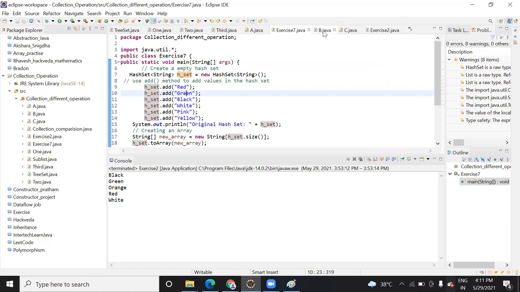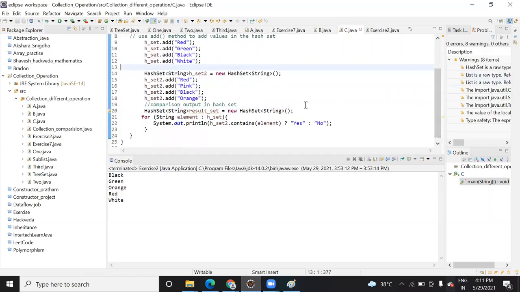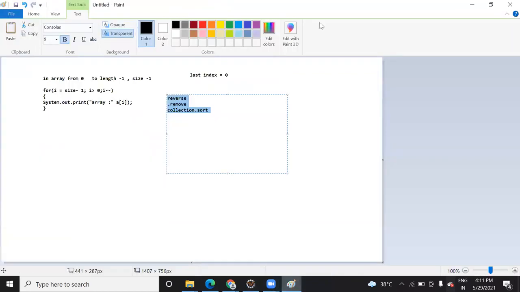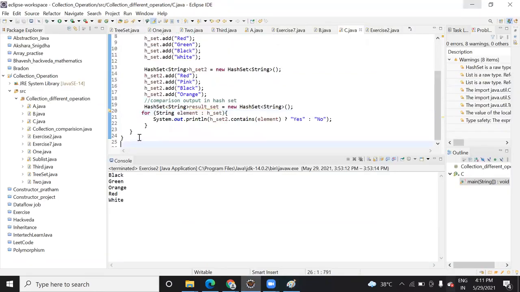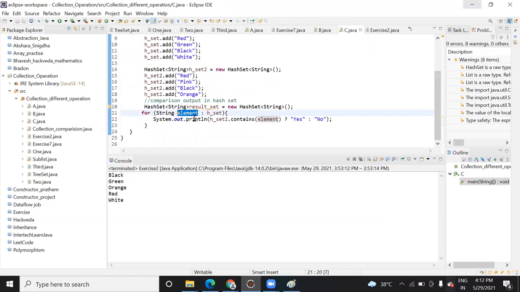Here are a few more programs, like size. You can see there is a size function, and there are different kinds of functions available that you can use. If you want to iterate, how are you going to iterate? While iterating in a collection, we iterate in a different way, right? In an array, as I told you, it is this one. But in a collection, you need to iterate in this way, based on what kind of element the collection has. This is the temporary variable, and this is the variable or hash set that you have declared, right?